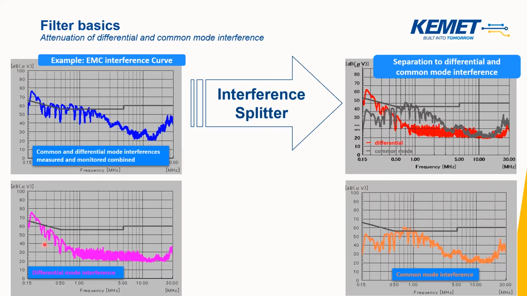If I select a component that is giving me differential mode impedance in this frequency range and common mode impedance in this frequency range, or maybe this frequency range, then my money is not worth it. I've not paid for a device that is really going to help me. So a careful selection of the material, of the passive component, based on the frequency is the key to tuning and designing your EMI filter circuit.